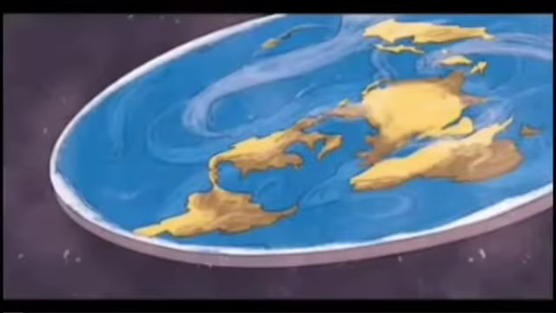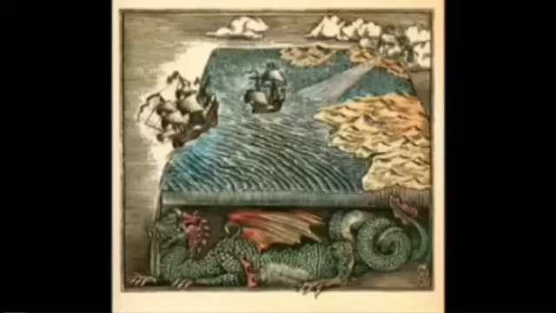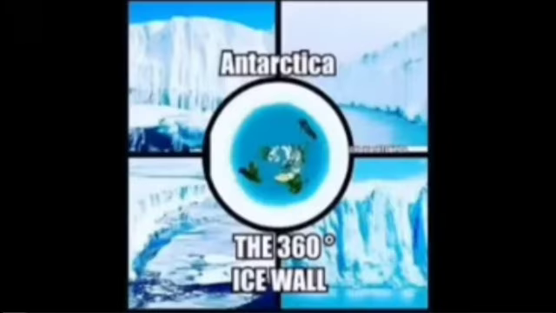Where is the edge? Who's to say there is an edge? Most people's first reaction to flat Earth is that there must be an edge. But is that because of how it is presented to us? On the current flat Earth model, there is no edge, but rather a 360-degree wall of ice surrounding Earth, holding